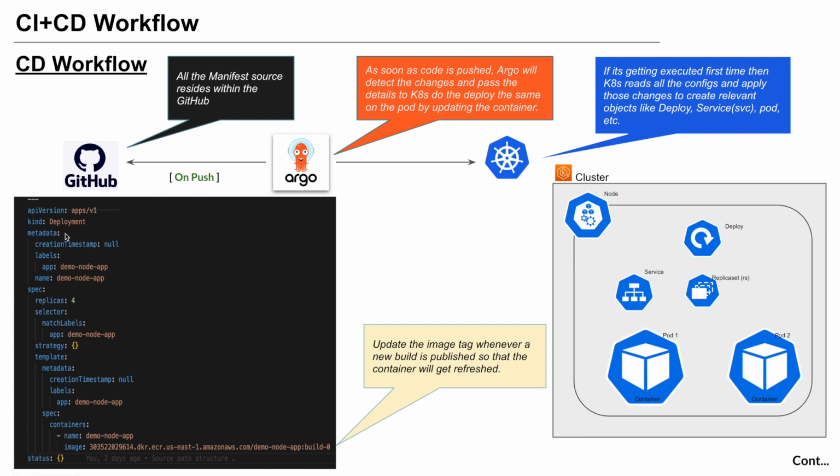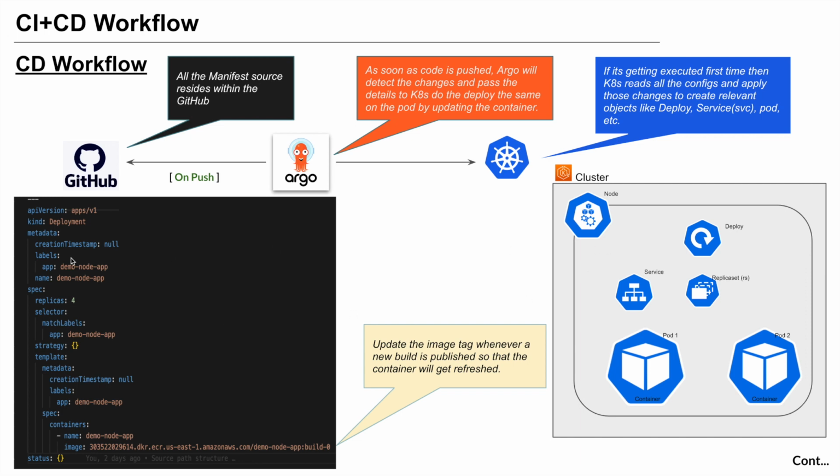And if you look at this configuration here, it's a kind. What is the kind? It's a deployment. So it is going to create a deployment object, right? Now, how are these pods and containers being maintained? They are being maintained using the label selector, meaning